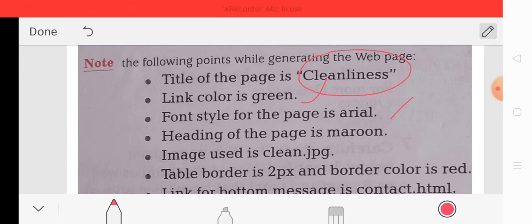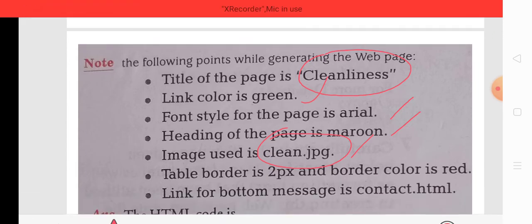Okay, the heading of the page is maroon, and the image used is clean.jpg. Always remember that whenever there is an image in a web page, the name of the image must be given in the question, and you have to just write that image name in your web page designing. If you choose any other name, then marks will be deducted accordingly.